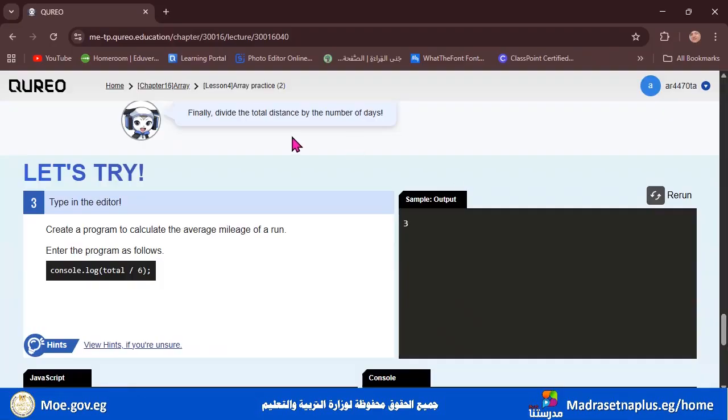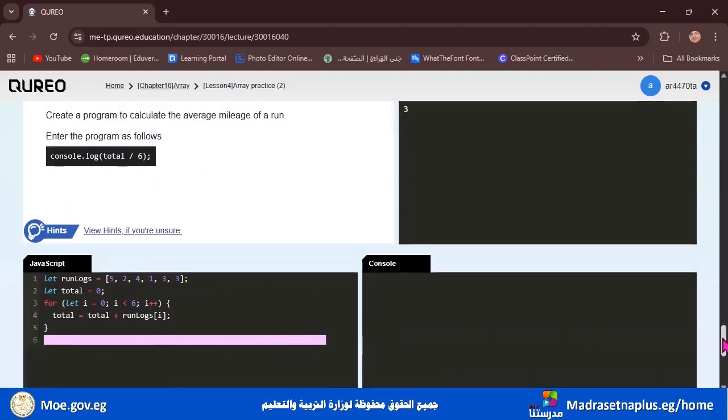Finally, divide the total distance by the number of days. And finally here we will write console.log total divided by 6. Console.log and let's write total and slash and 6.